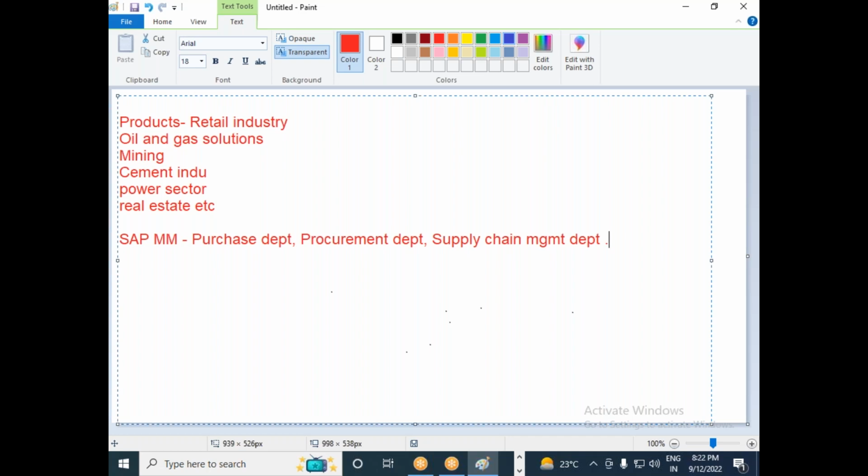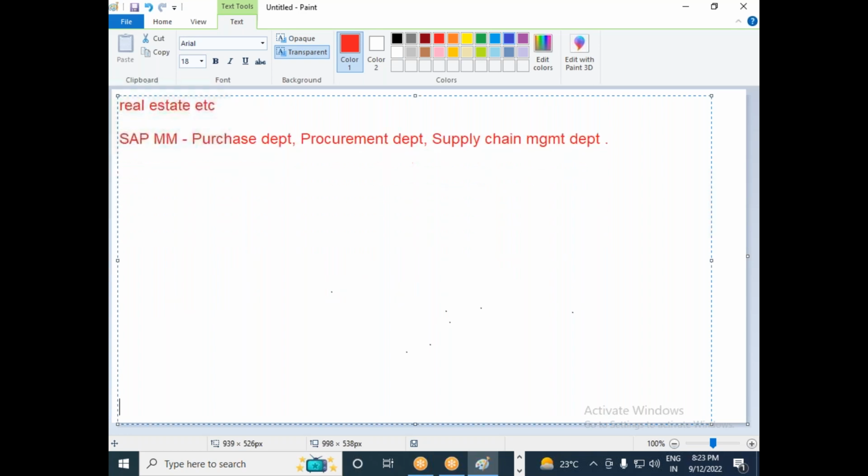As the SAP materials management consultant, we need to understand what activities are happening in the procurement department. If you know those activities, it is quite easy for you to map those business processes into SAP. You are working as a consultant, which means you need to map the business processes into SAP. That is the major work which you are going to do once you learn the SAP materials management course. So can anyone tell what activities a purchasing department normally performs in an organization?